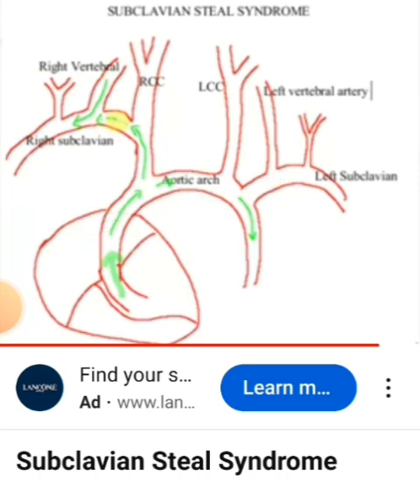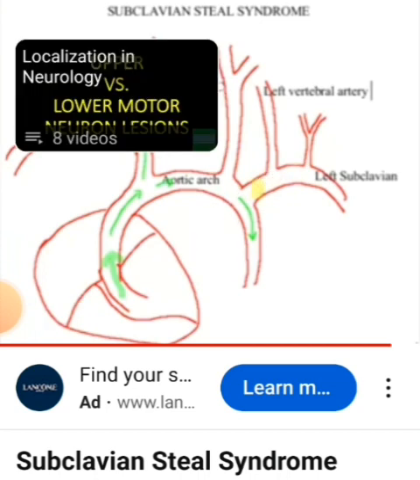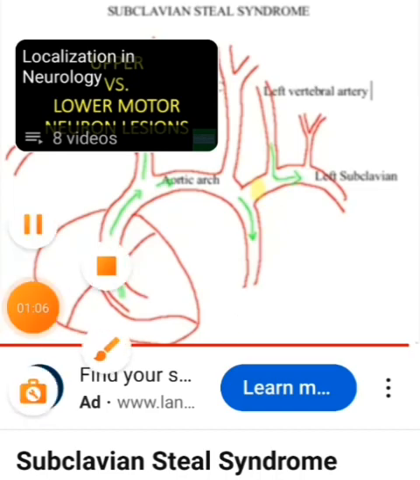Similar things can happen, so let's draw it on the left side. If there is an occlusion here, the same thing can happen, and the blood will start flowing backwards from the vertebral artery to the subclavian artery on the left side, and it will cause ischemia in the posterior circulation. This is a very